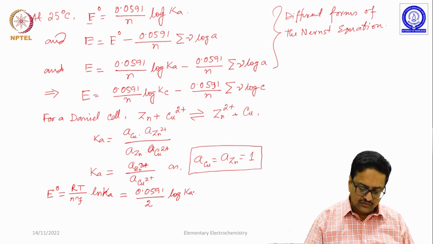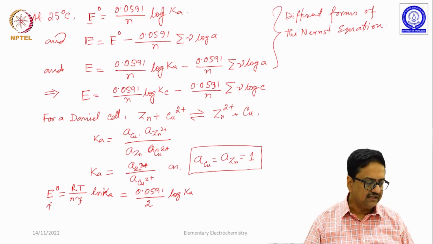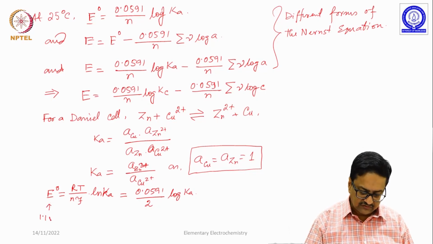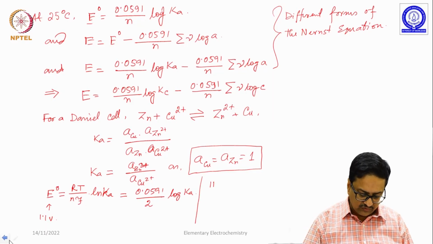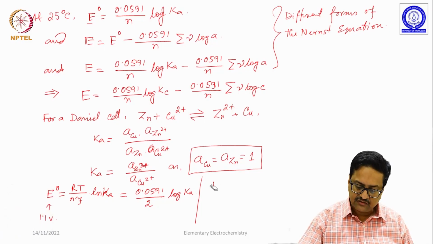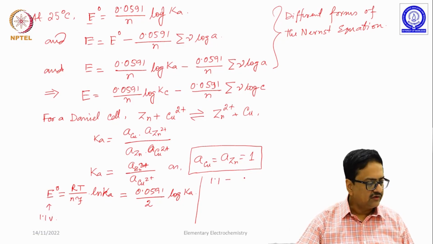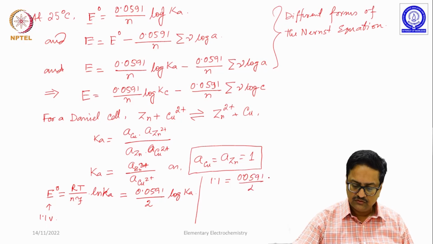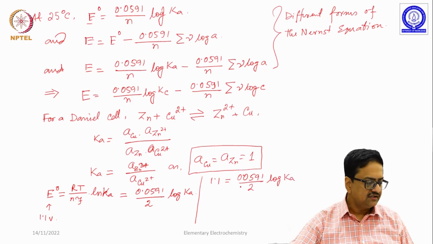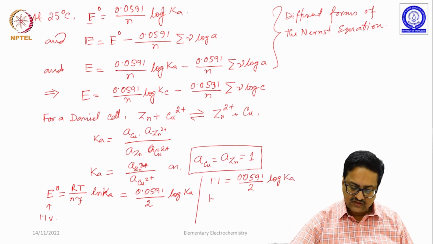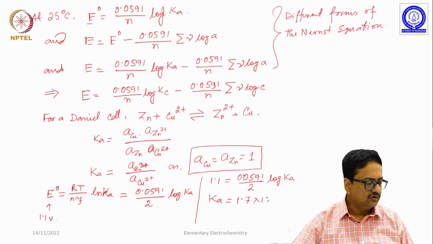And we know the E0 for Daniell cell is 1.1 volt. So using that 1.1 volt as its standard EMF is equal to 0.0591 by 2 log Ka. So from this one can calculate the value of Ka equal to 1.7 into 10 to the power